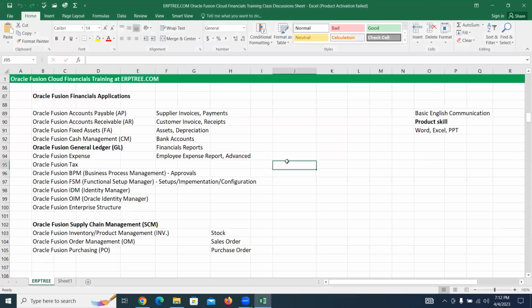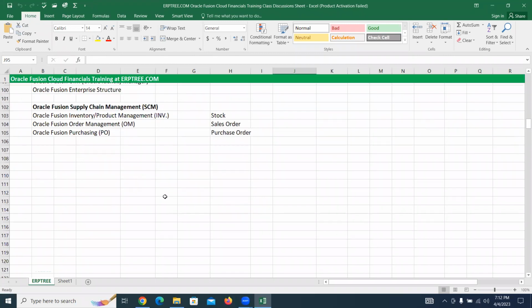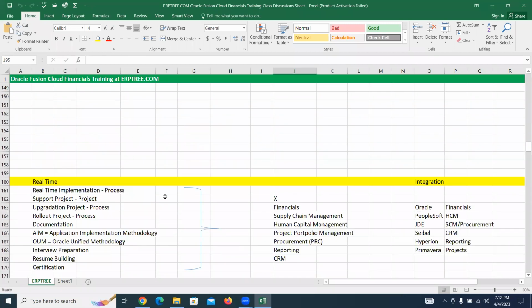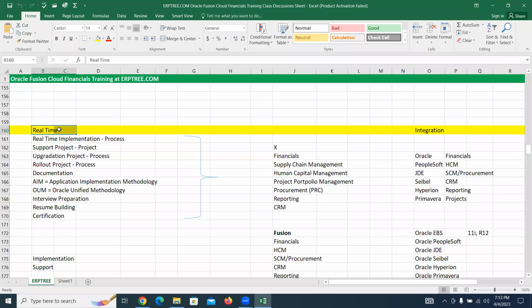So along with this, it is all about learning about fusion financials. Once you're done with this course, if you join some company to work as a finance consultant, there you see the real time. But to get a job, you should be aware of real time, how projects can be handled. And in that relevant discussion, here you could see the real time, how the real-time implementation takes place, the complete process,